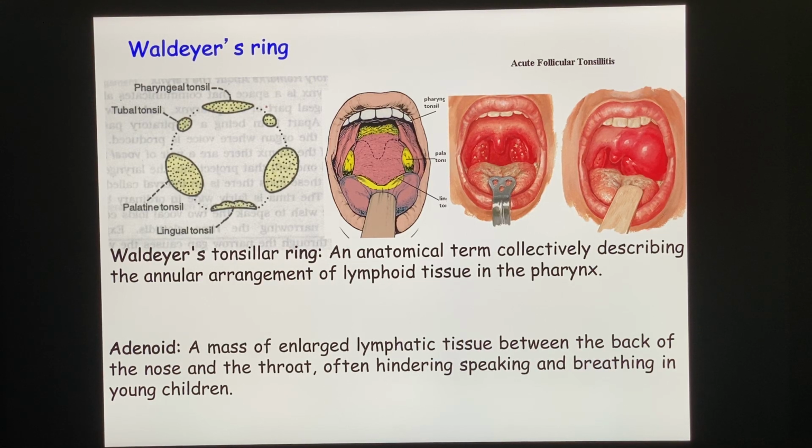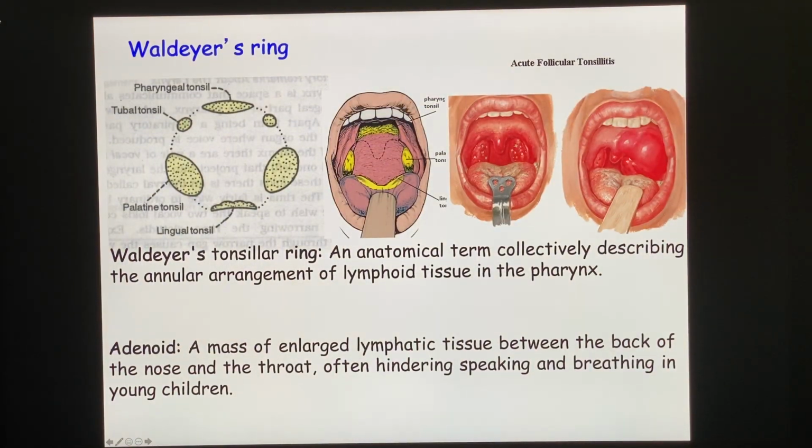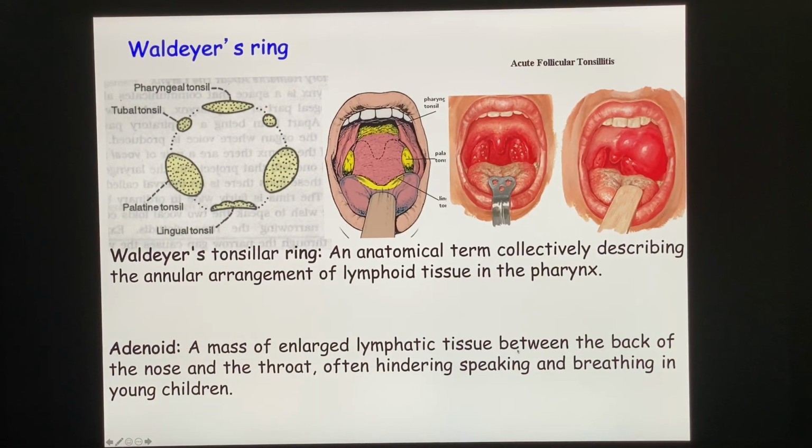Okay, so now we come to the second part, that is the Waldeyer's ring. I'm going to start from where we have stopped. So we'll start with the Waldeyer's ring. What do you see in the Waldeyer's ring? You must know what it is, because I just mentioned it in the last class about the tonsil,